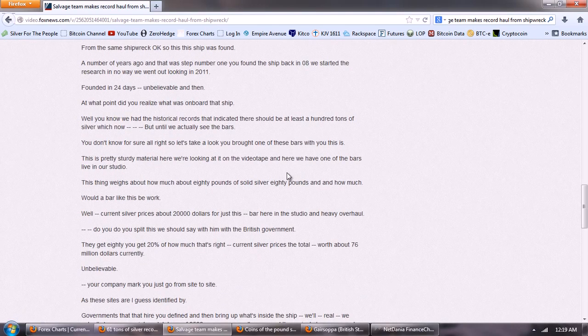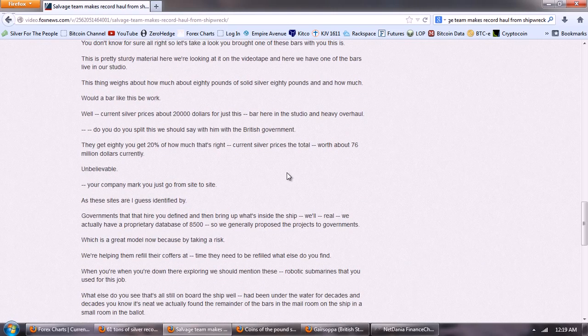What really jumped out at me was his comment about his working with the British government. So let's read this. And they put a silver bar on there. It says, this thing weighs about 80 pounds solid silver. Well, at current silver prices, it's about $20,000 for this bar. Do you split this, should we say, with the British government? And he answers, they get 80 and you get 20%